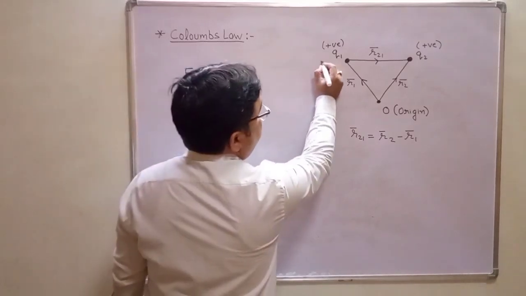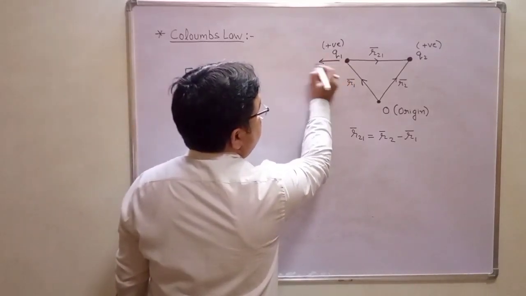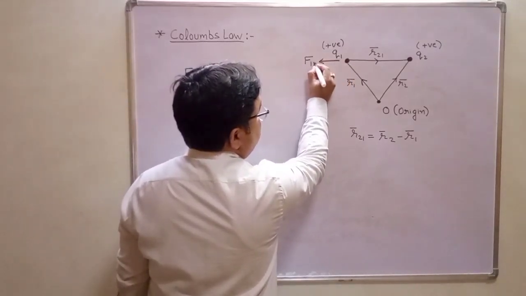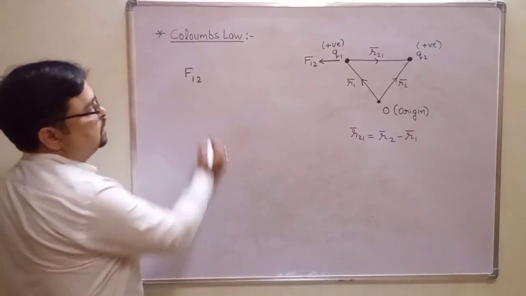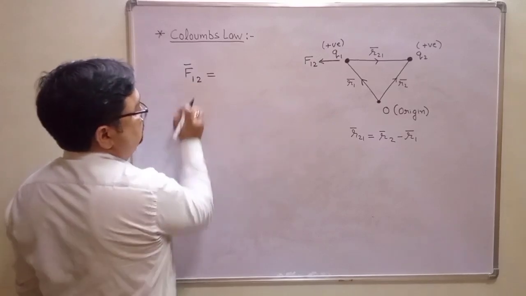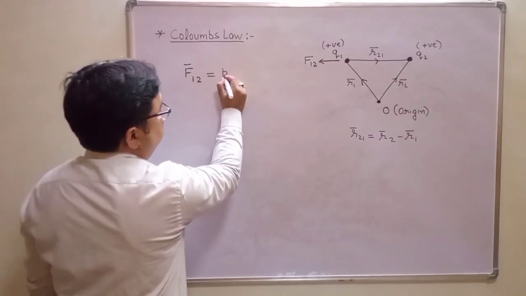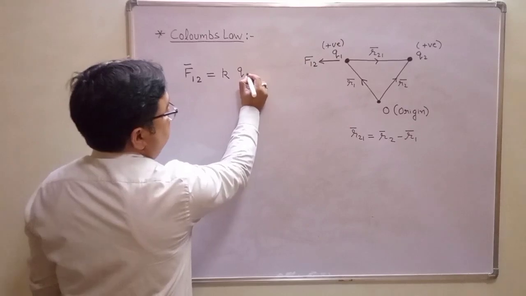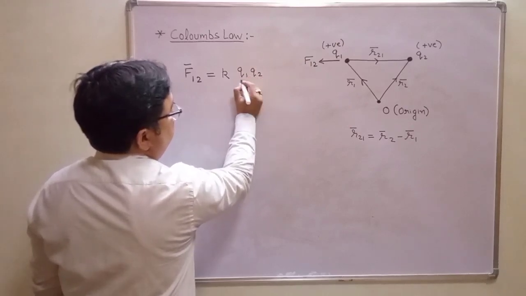So force on 1 will be in this direction. This will be force on charge 1 due to 2. I can write here in vector form force on charge 1. Let us say it is K constant Q1 multiplied by Q2